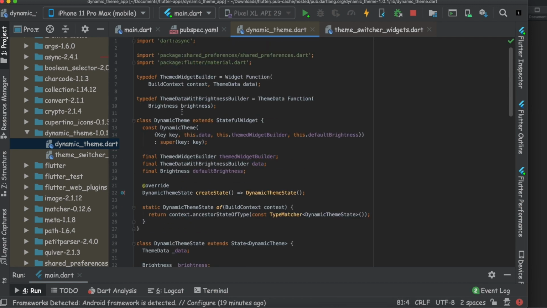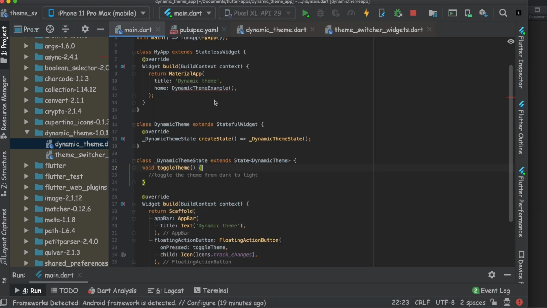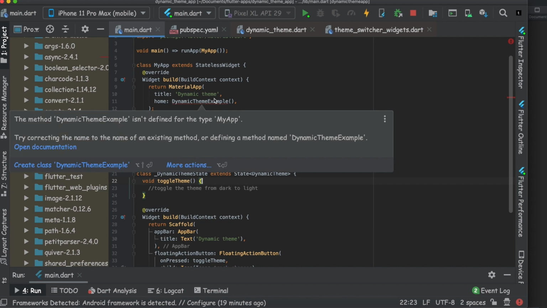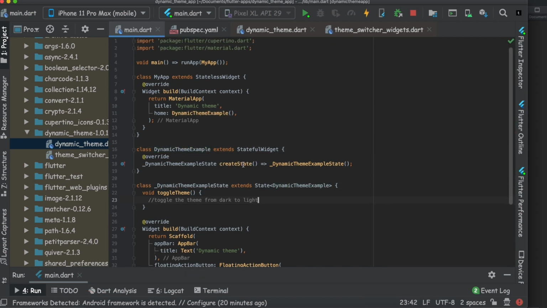So let's use dynamic theme in our application. Naming conventions, okay, everything good.